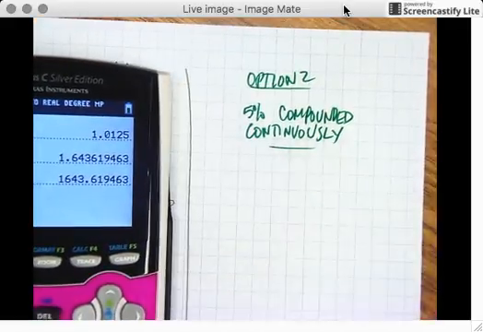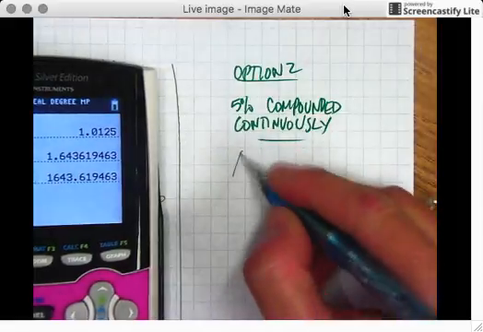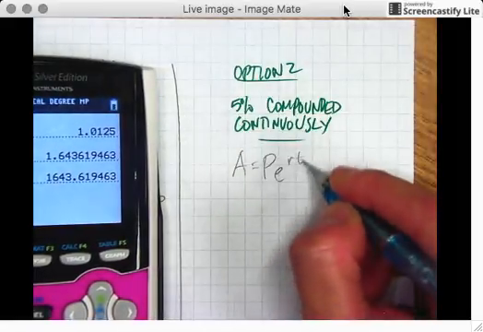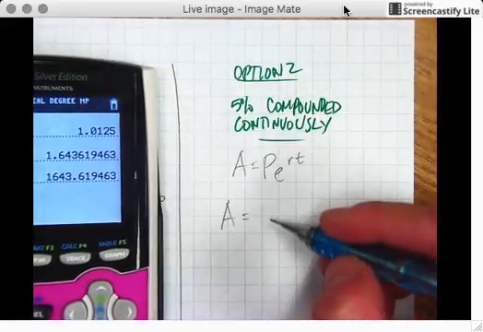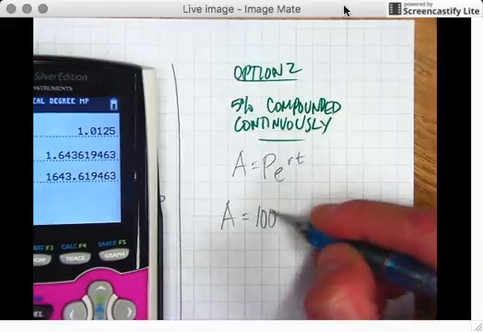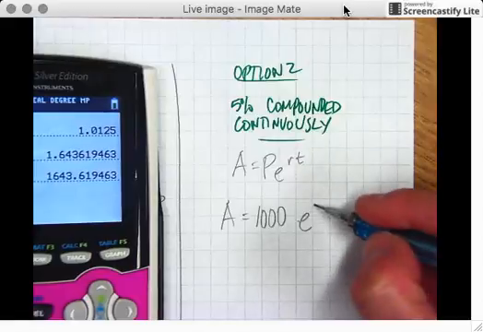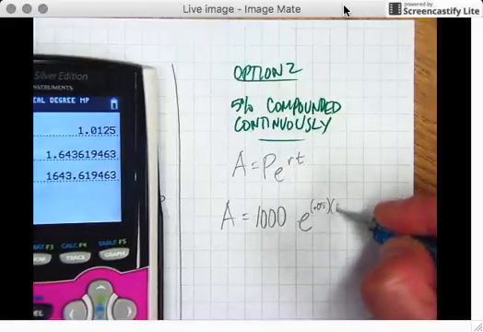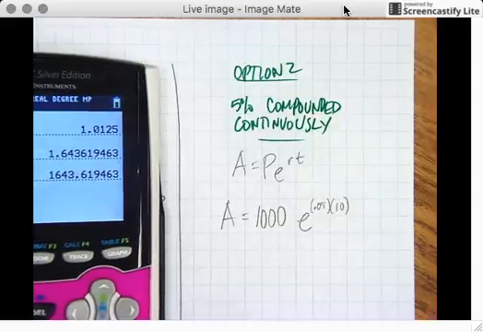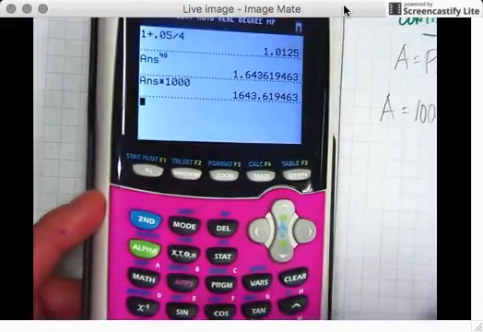Okay, now let's compare that to what happens if I invest compounded continuously. Again, still for 10 years. Different formula. So I want to figure out what my final amount is going to be after I invest my initial amount. e is a constant. My rate is still 5% and the time is still 10 years. Okay, now if you don't remember, e is the inverse of the natural log. Okay, so if you're looking here,